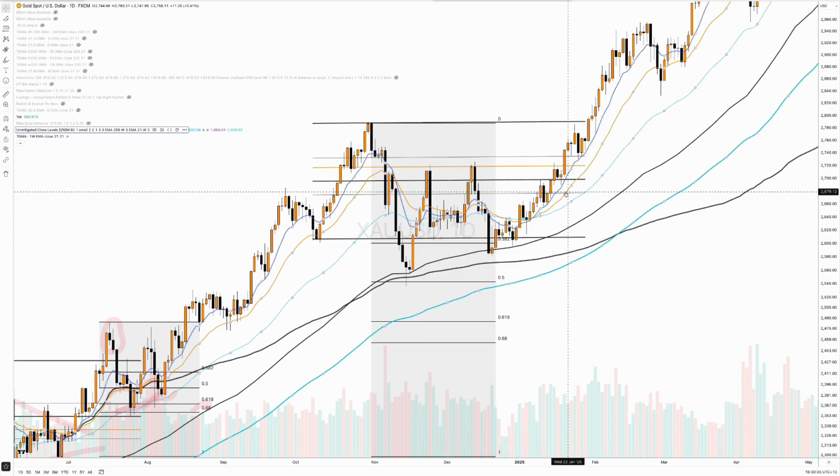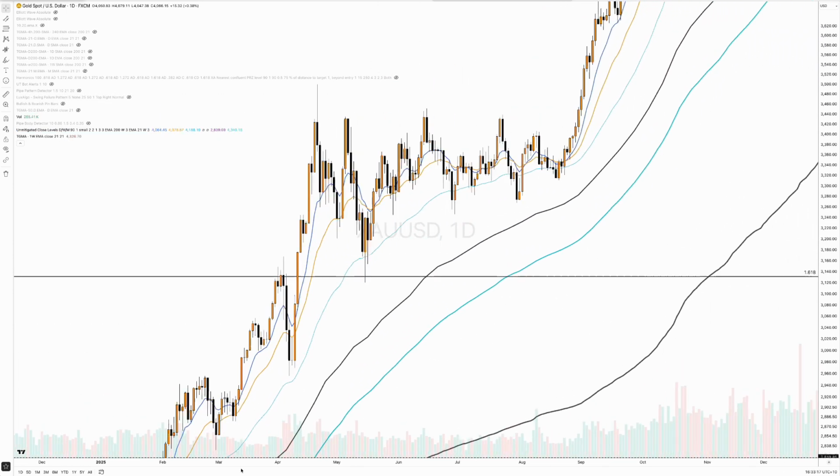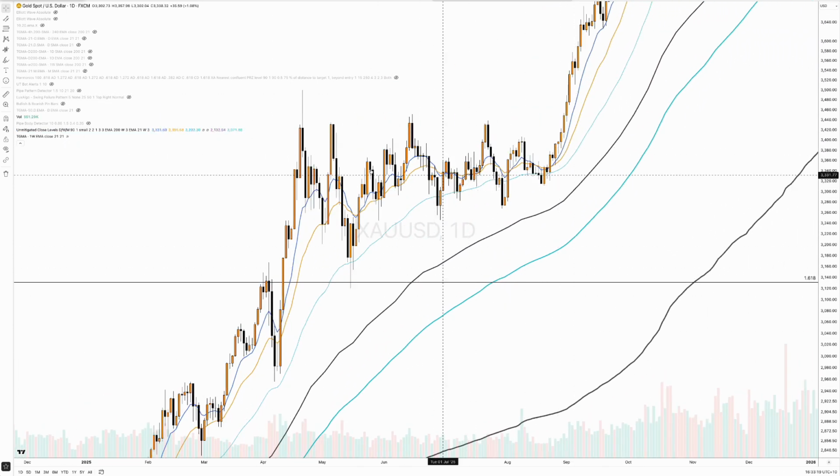There you go, the 10 moving average, because it's a strong trend, it's picked up. Here we don't have any support at all. Continuing on, there's a point, here we go. So when the moving averages come close together as well, you understand there's a compression taking place, and then if